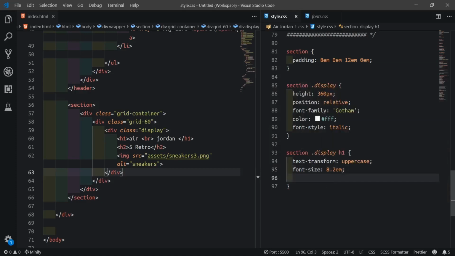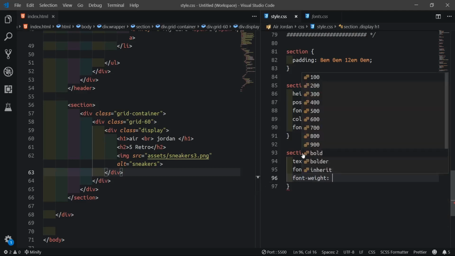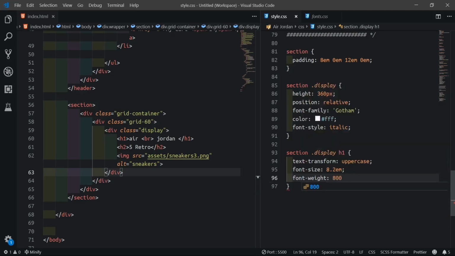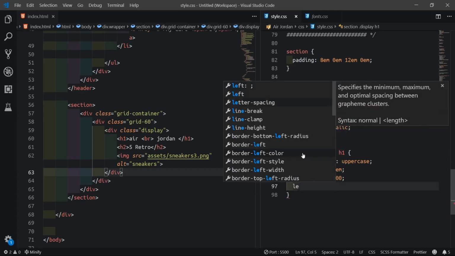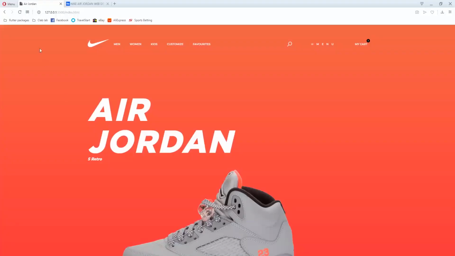Then font weight. I'm not sure if font weight will work. Font weight will be like 800 and letter spacing like 6 pixels. And we'll see. Refresh. Okay.